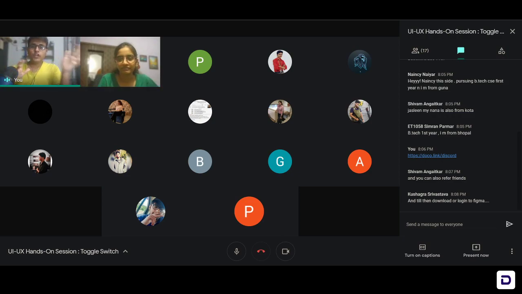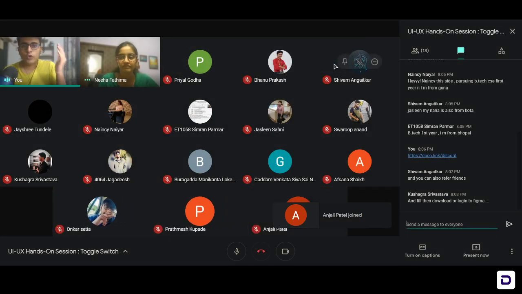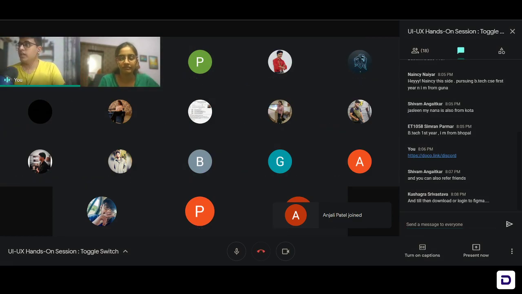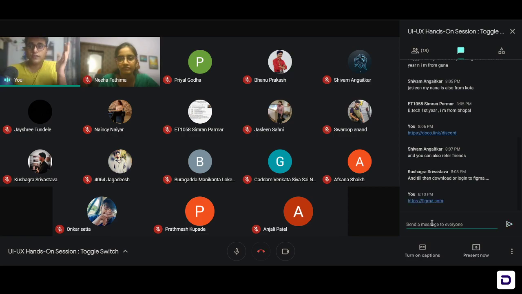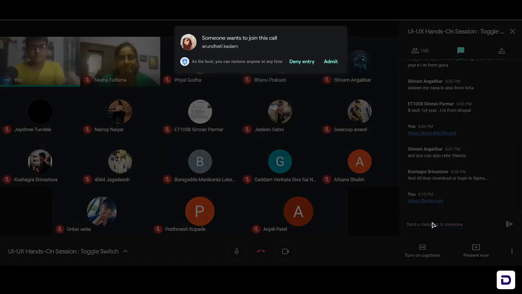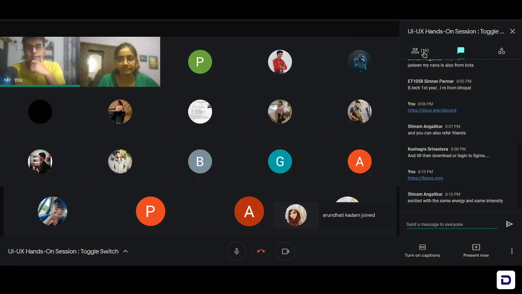So now you all can go ahead and get your systems ready for this session. For those of you who don't know, Figma is software which is used for UI UX designing, and you can use it for anything. If you want, you can download it. If you don't want to download it, you can just go to figma.com. Let me drop the link to the website in the chat box. You can open your account. Basically you have to create an account on Figma and then you'll be good to go. First of all, it's free, so that's the best part. Just go ahead, log into Figma and be ready for the session.